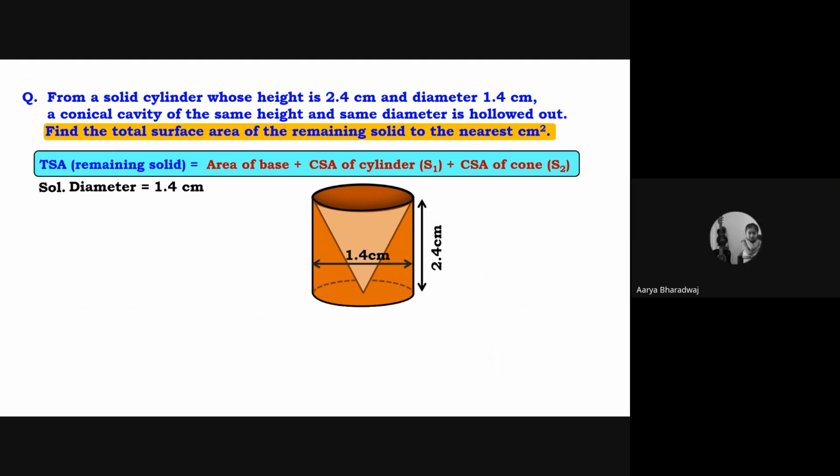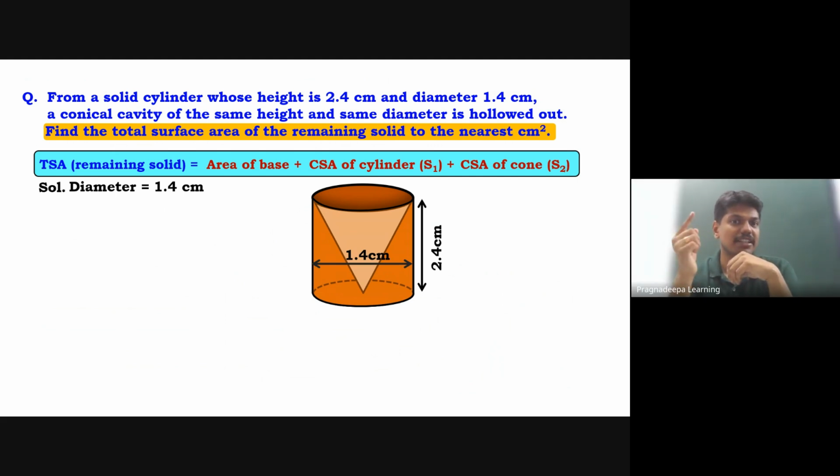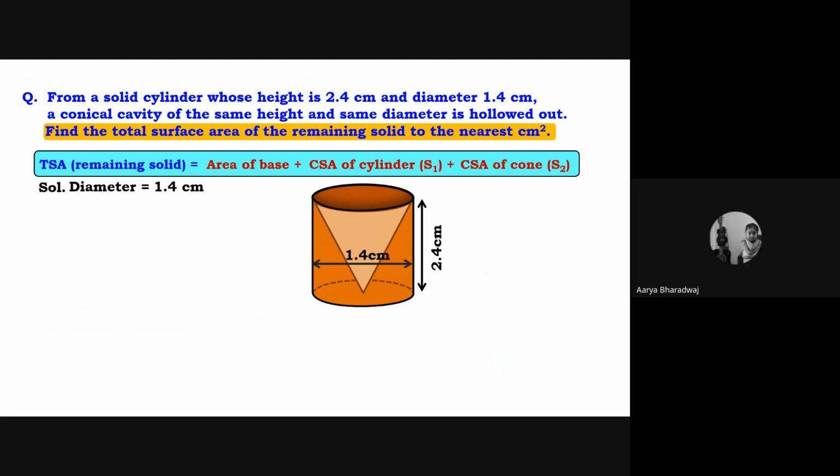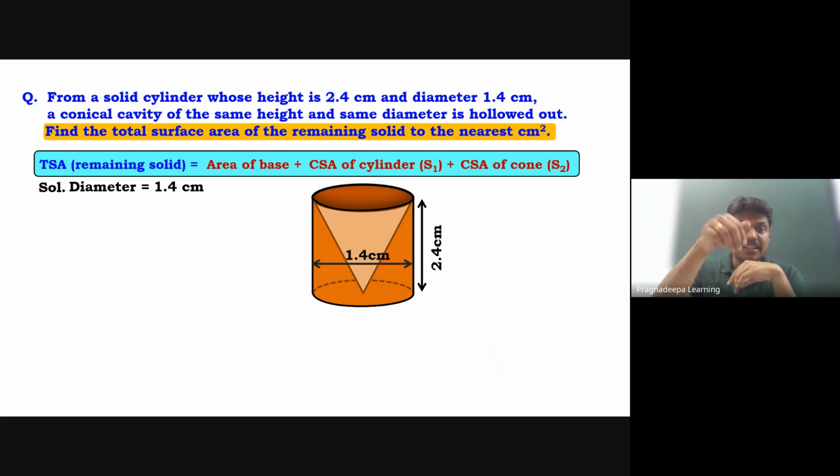Sir, why can't we just do the total surface area of the cylinder plus the curved surface area of the cone? If you do the total surface area of the cylinder, the top is also there, so you have to subtract that. But that's why we're doing the curved surface area of the cone, right? No, this is inside. See, yesterday also I said, if you join two cuboids, there will be one duplicate area, and then you have to subtract it. So you just imagine